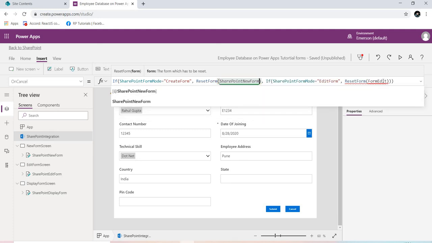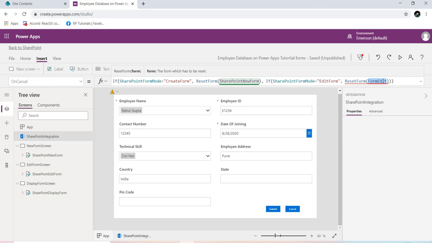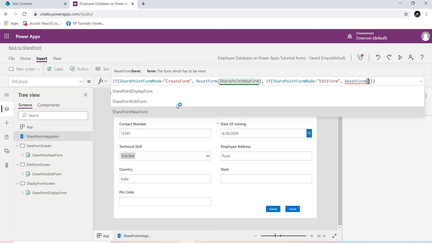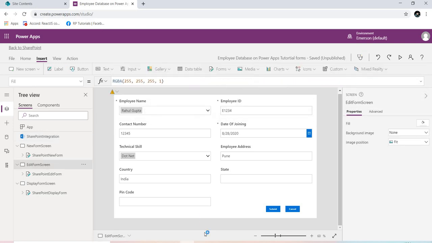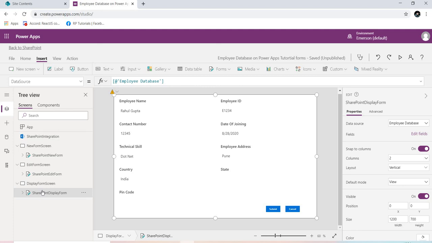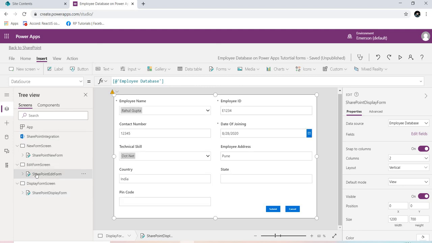When form mode is edit, reset form means you are setting it to the default value. Okay, all our functions are ready. We have made all required changes. For edit, the default mode is edit, and for new form, the default mode is new.